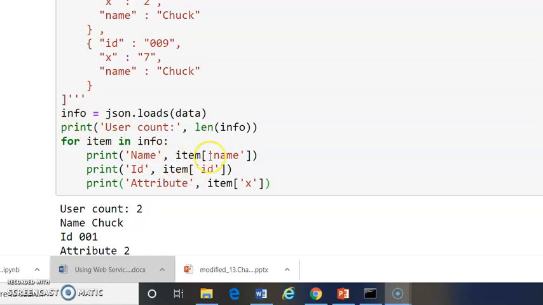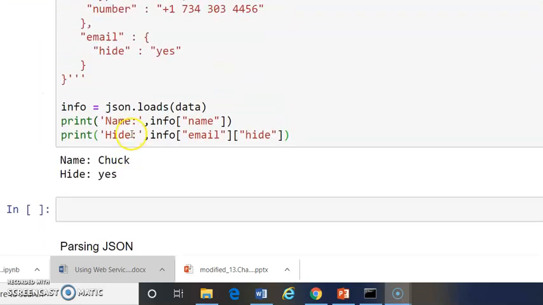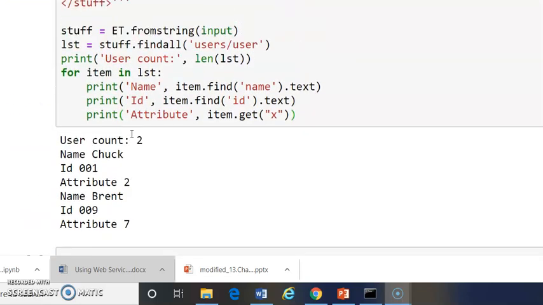That's what you can observe here. Just the way we extract the content from the dictionary, we are extracting the data from the list which we extracted using this loads method on the object. So we get the result here. This result is exactly similar to the result we got in our previous class. That was using the XML format.